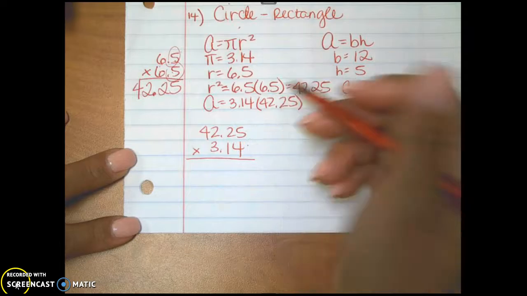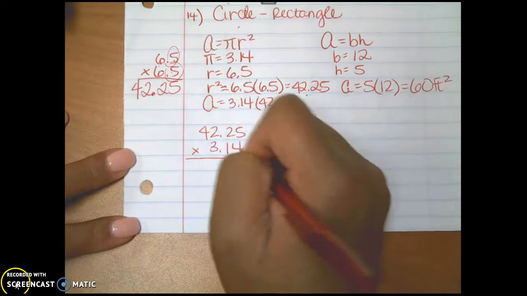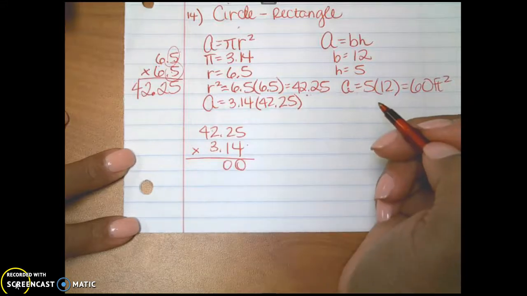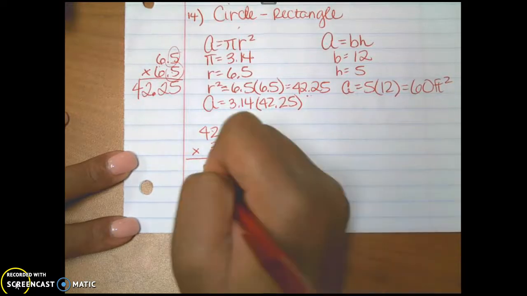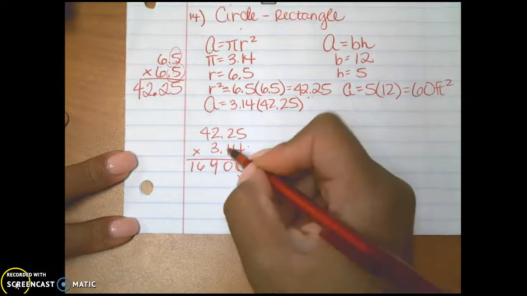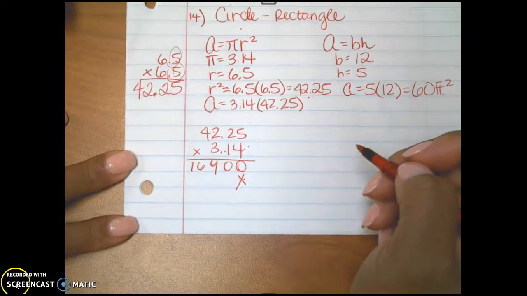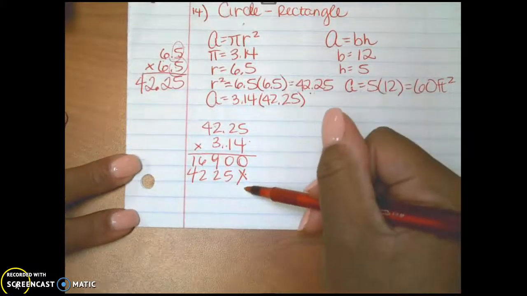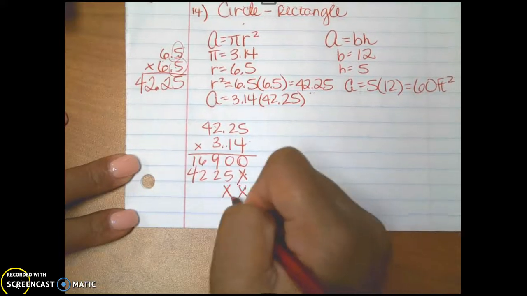4 times 5. Wake up. 4 times 2 plus 2. 4 times 2 plus 1. 4 times 4. What do I put here? 1 times 42.25. Thank you. That wasn't difficult. What do I put here? 2 X's. You have to move over to